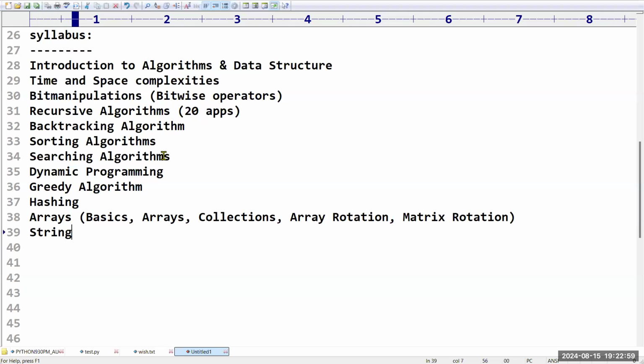Next, and after that, string data structure. On this string data structure, we are going to discuss around some 50 applications. Some small, medium programs will be there. Easy programs will be there. Hard programs also will be there in this. So after this,